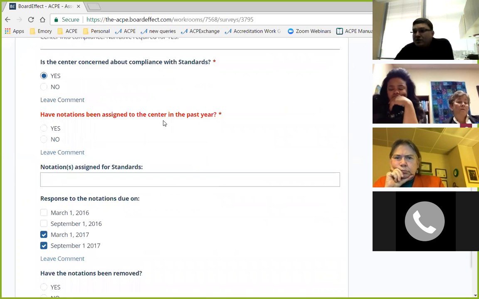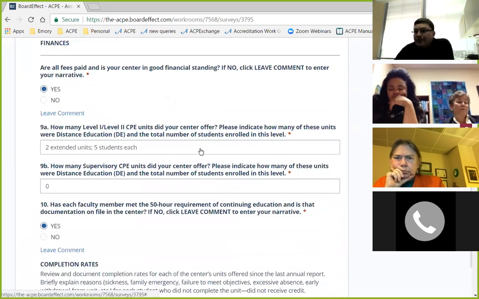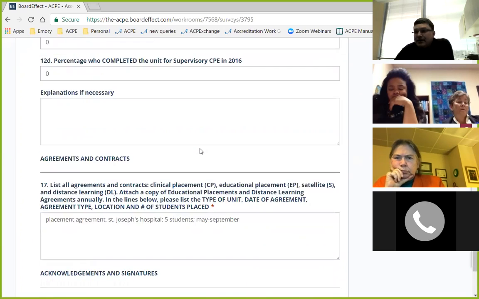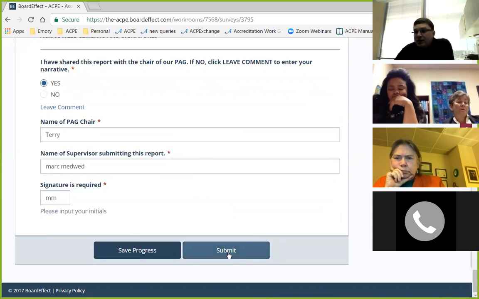Have notations to the center been assigned in the past year? No. And now I just say, okay, so it looks like everything else is good. I just skipped one question, and I click on the submit button,